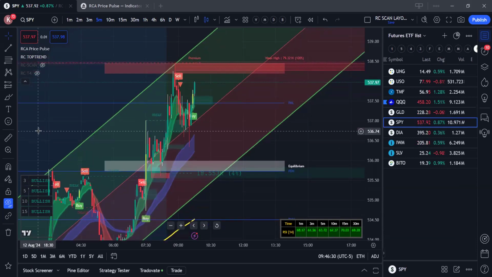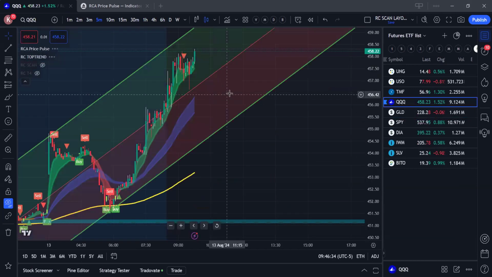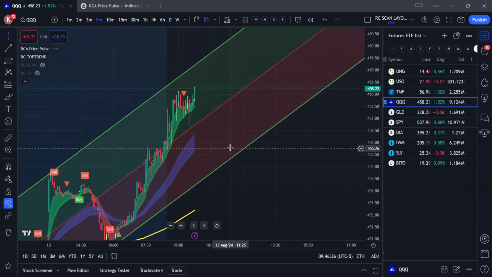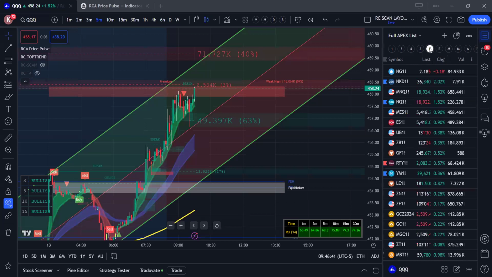Yeah, you can close any short, right? If you opened any short, you can close it, and if SPY is moving, your QQQ also will move. And you can also go with